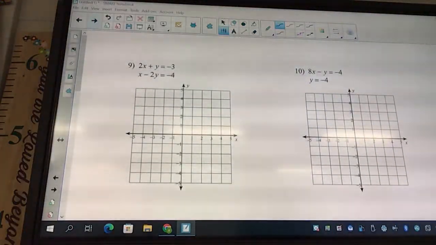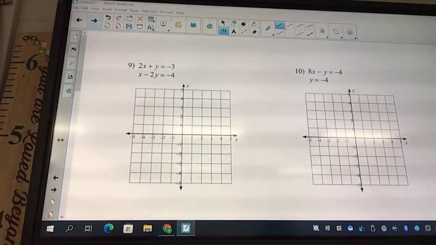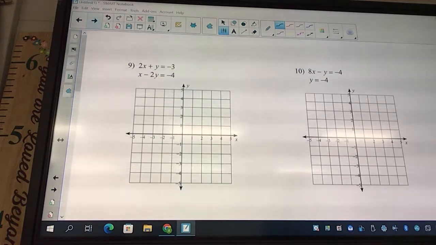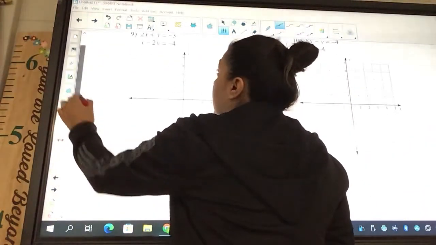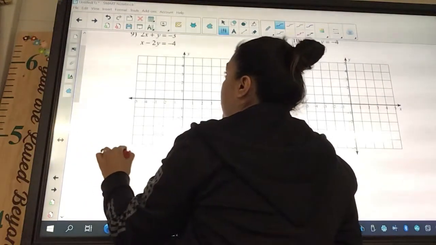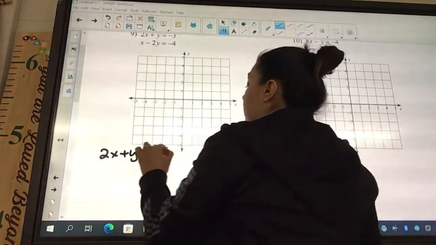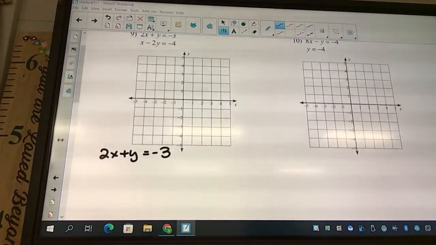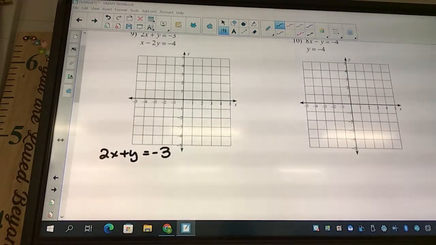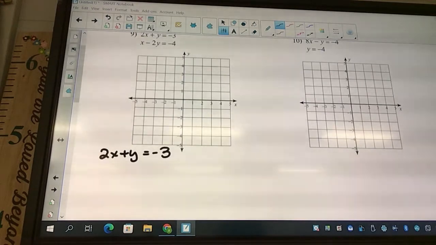Is the y by themselves? No. Okay, so I'm gonna write my first equation down here. So I got 2x plus y equals -3. Okay, so we always add or subtract the x's first. So do we add or subtract? We're gonna subtract, so we're gonna say minus 2x